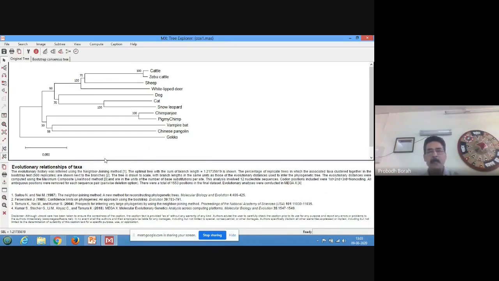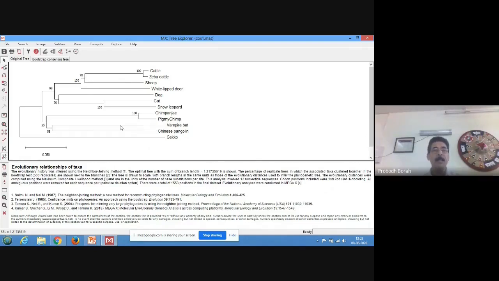the indication given by the branch length. So branch length indicates the evolutionary distance. Actually, this is represented by the distance score that was determined by the sequence alignment.